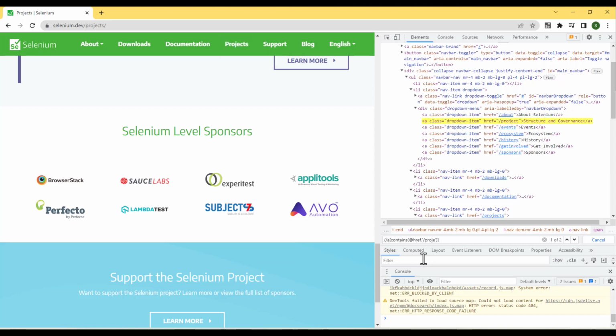Now I can write pro also. No need to write projects completely. But here it is able to find two elements. Okay, so I will use a and also again. We can use and also @class equal to